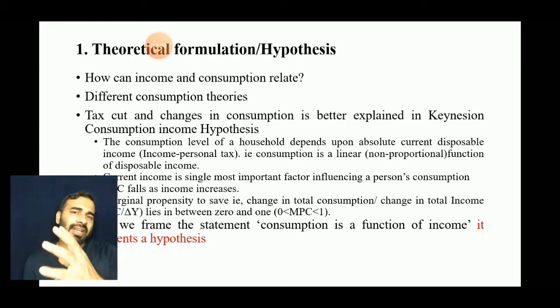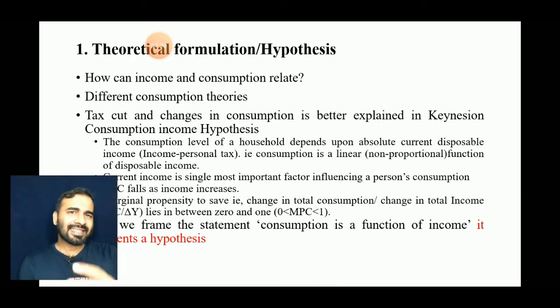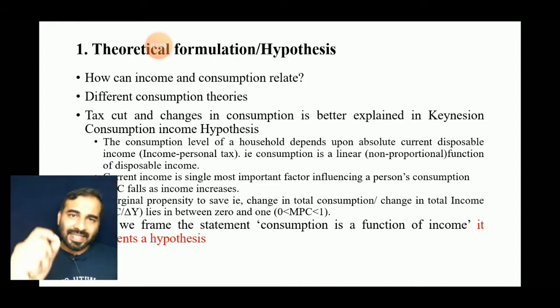This was some idea which was given by the classicals. Keynes attacked this notion, and Keynes said that no, it is not like that. Interest rate doesn't have any role to play in determining one's consumption. It is only the income determining the consumption. Which income? Current disposable income. Clear? Yes. And the second conjecture is,